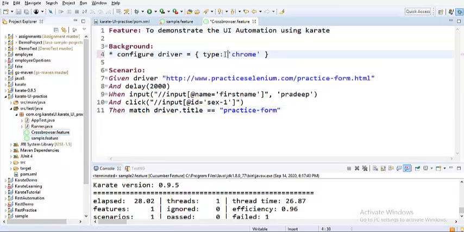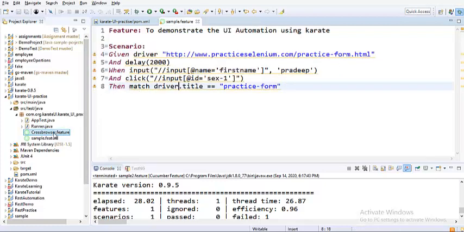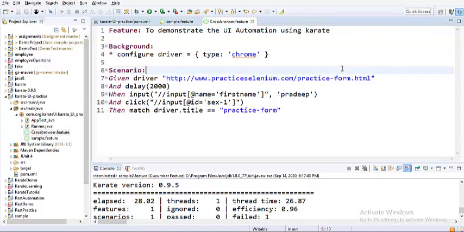Now let me close and reopen so that you can get rid of the errors. And one more thing that I have probably forgotten to show in the setup video. We have seen how to create a Maven project, but in case any of you are still struggling to write your feature file, make sure you have a natural editor plugin and also the Cucumber plugin.